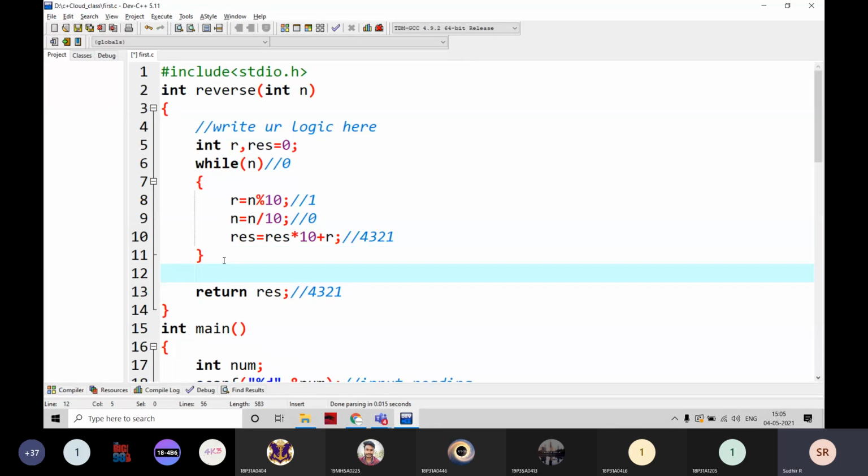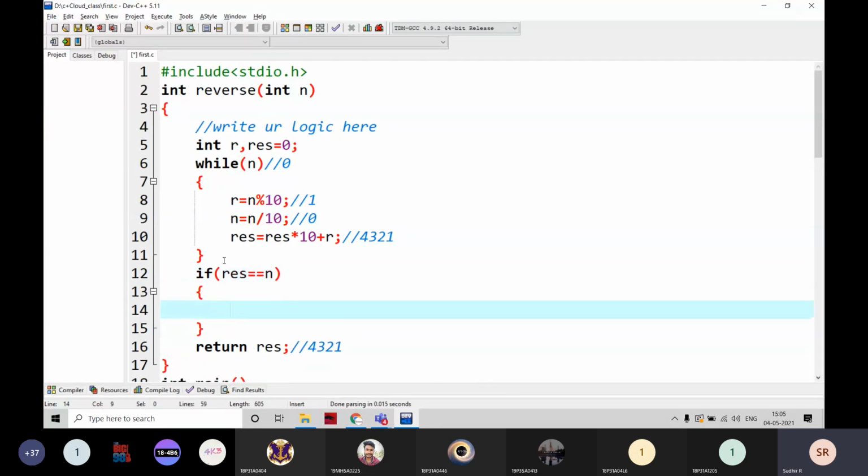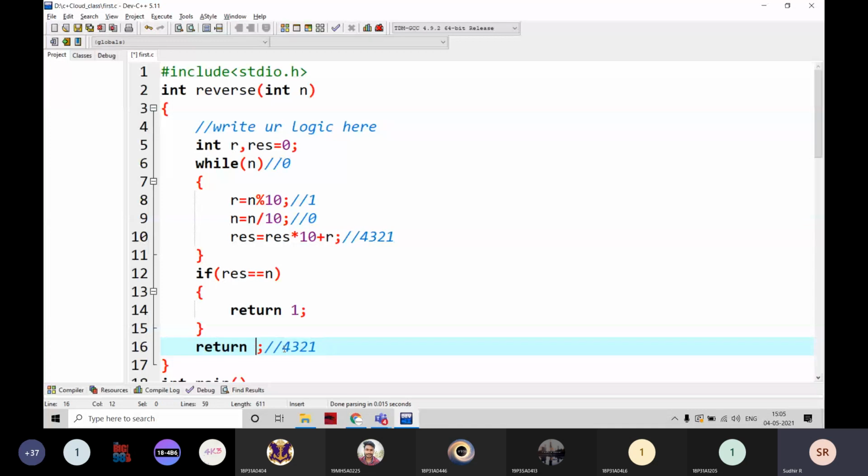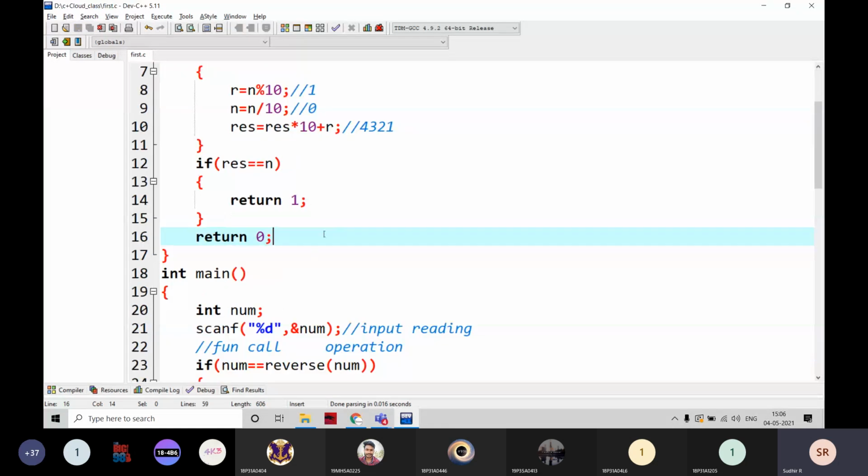For example, here I am going to write if res is equal to n, I am going to return 1, else return 0. Here 1 means it is a palindrome, and 0 means not a palindrome. We are assuming it like this.